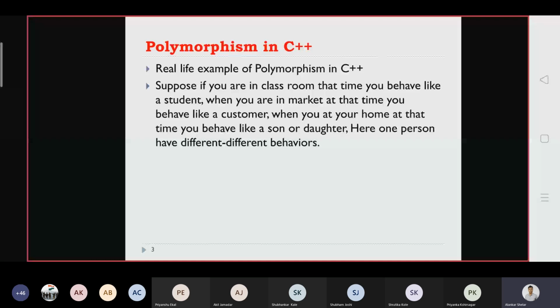But some students will tell, sir, half the bottle is already filled. So some students say half water is available, and some say half water is not available. But the water bottle is the same. So there the two behaviors are available. It's multiple forms. It depends on how we look at the object, in what direction.